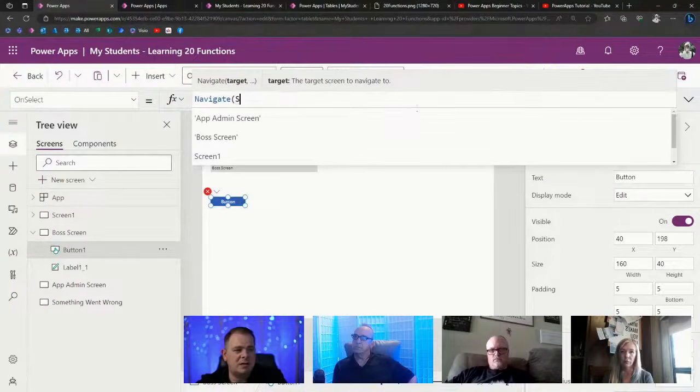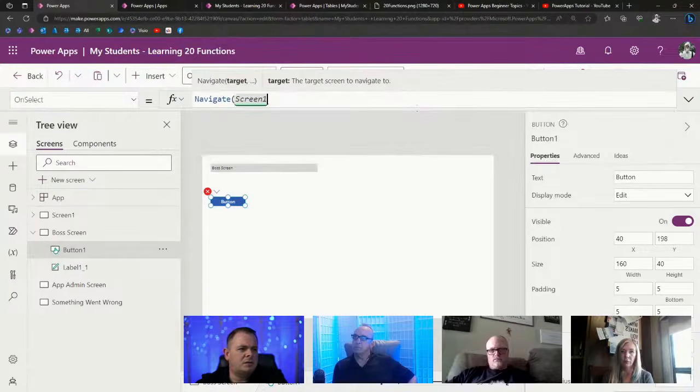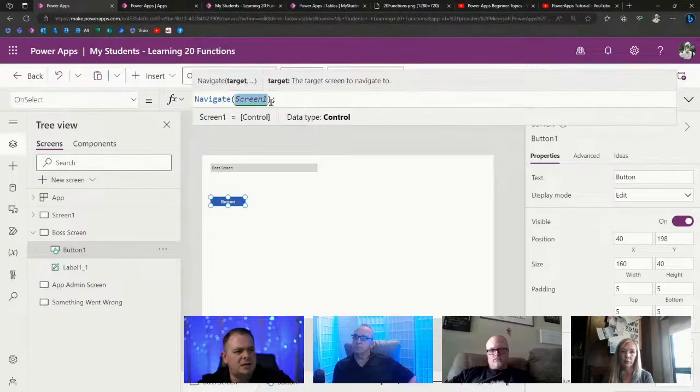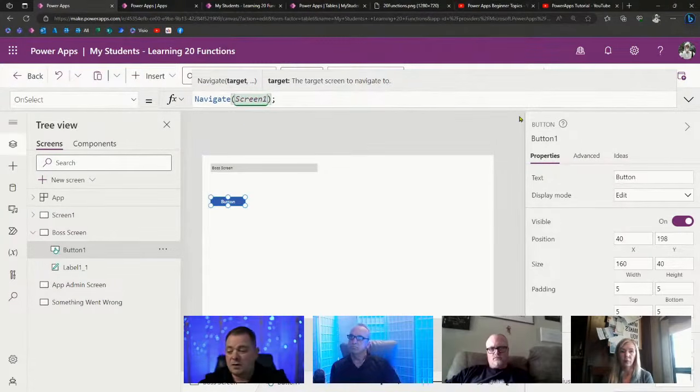navigate, and it's the name of the screen. So screen 1. The navigate function takes 3 parameters. The first one is required. That's the name of the screen that you want to navigate to. If the screen does have spaces, and really your screens should have spaces because they need to be very human readable, especially readable by